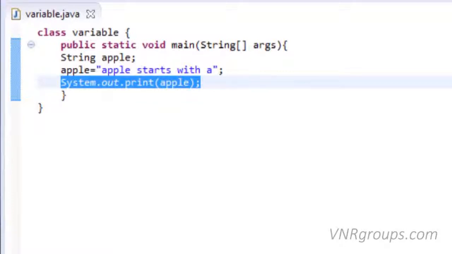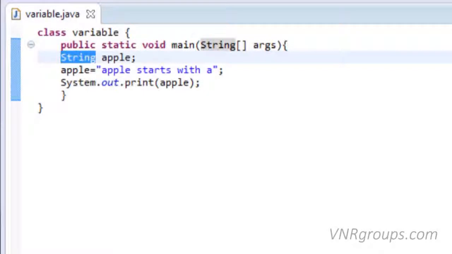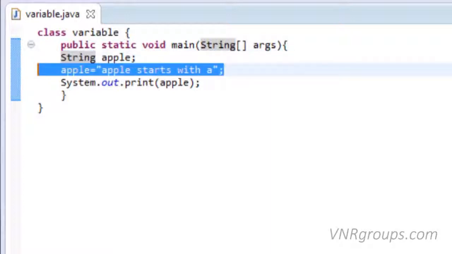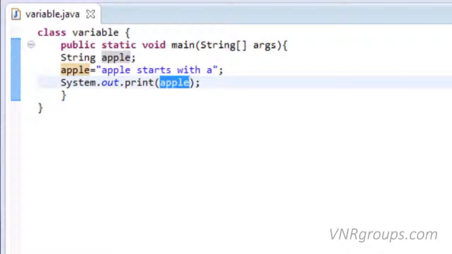And for one last time, a brief summary of this tutorial. In order to declare or create variable, we first write the data type of variable followed by variable name. Data type of variable depend on the value we're going to assign to a variable. There are a bunch of different data types in Java. Int, which hold integer numbers like 5, 6, 10, -4. Double, which hold decimal point numbers like 5.78, 8.96. Char, which hold characters like A, B, C, D. And string, which hold string of text like apple starts with A. Then we assign value to a variable. Whenever we need to print value of variable, we only write the variable name without double quotations.